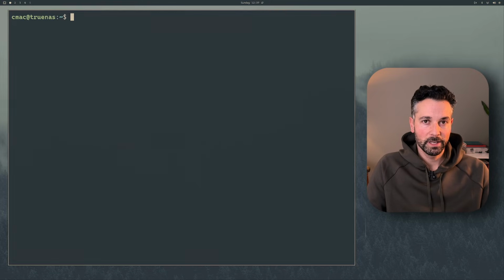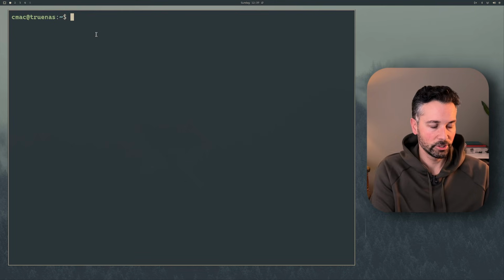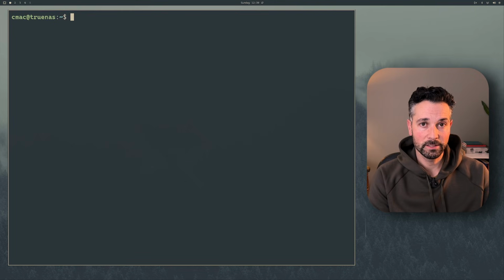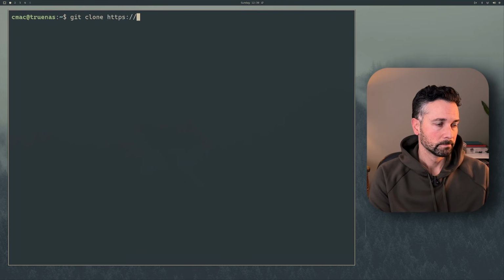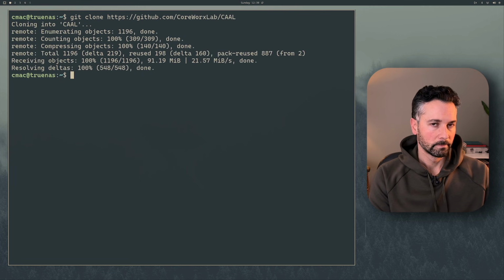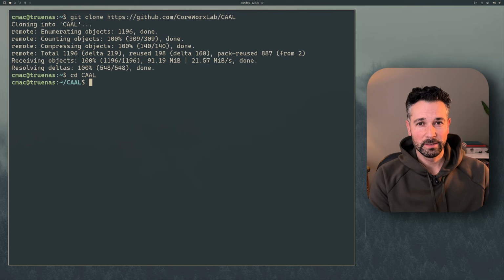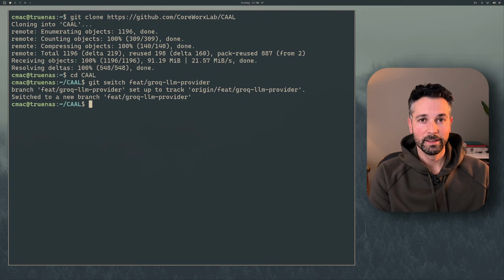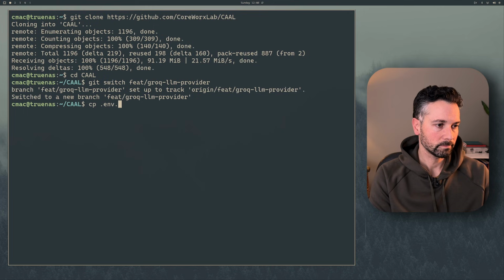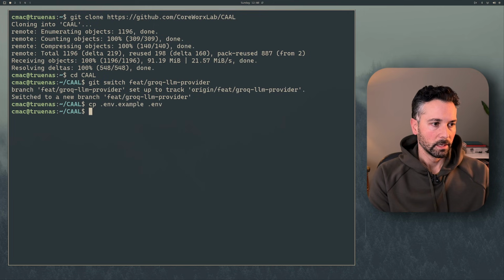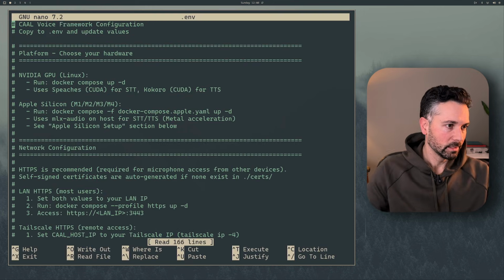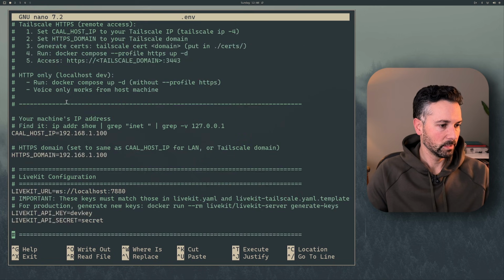Now I'm going to log on to my TrueNAS machine through SSH. Okay, and the first thing I'm going to do is clone the repo. Okay, and go into that folder. And I'm going to switch branches because I haven't merged it yet, but you won't have to do this. And then we just want to copy the example.env to our own. And then open up that .env and scroll down. And the only thing we need to edit for now, maybe ever,